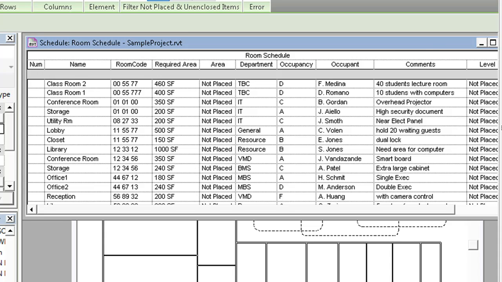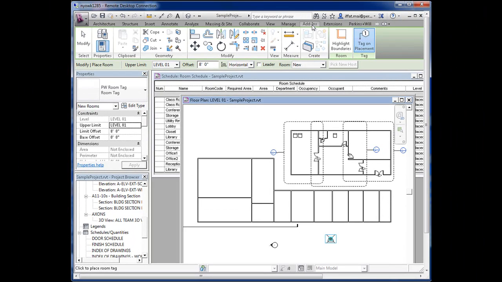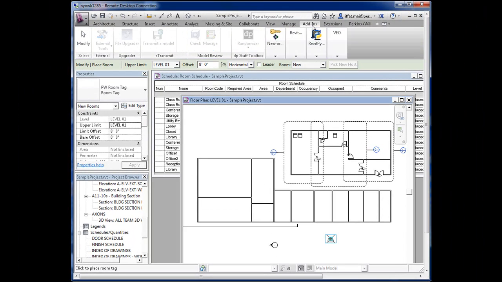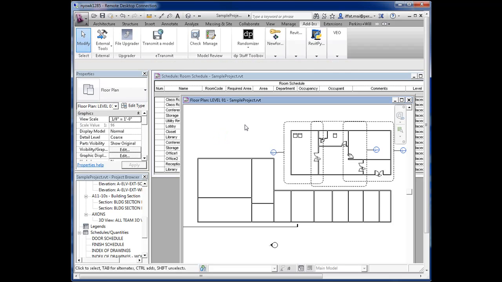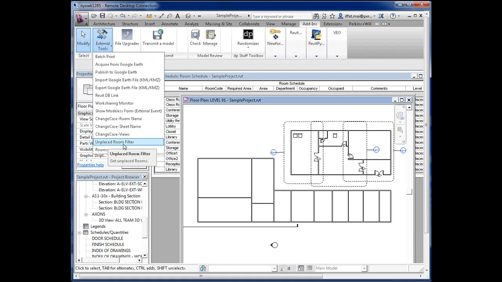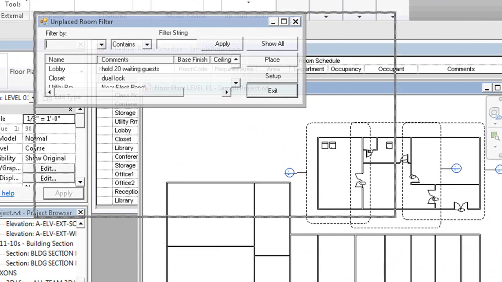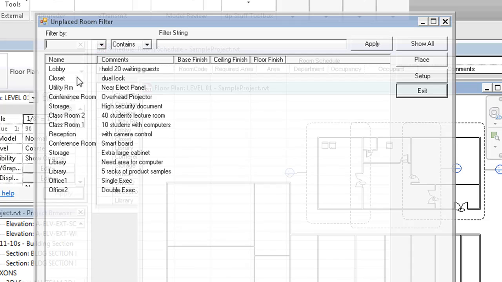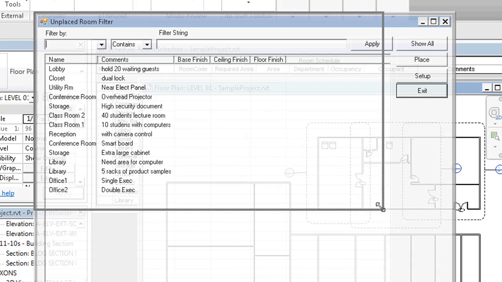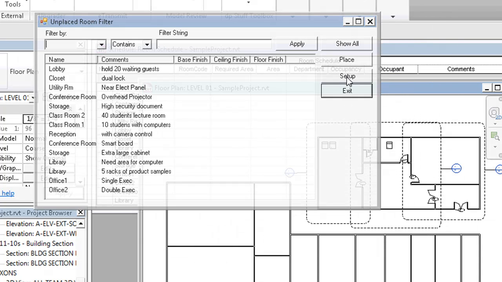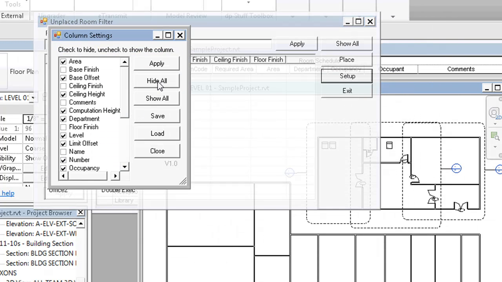So let's see how our unplaced room filter tool can help in this process. If I were to go to my floor plan and in my add-in tab, I'll call up my unplaced room filter. And basically you will see all the rooms that you just saw in the schedule, but in this dialog box. Now if I go into my setup tools,